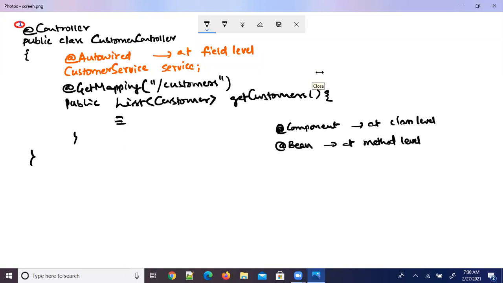Are there any inspection tools to verify what is coded? Inspection tools in the sense, at the time when you are executing the application, you can see what beans are registered, what mappings are done, what endpoints are defined, all these things. I would like to tell you those things.